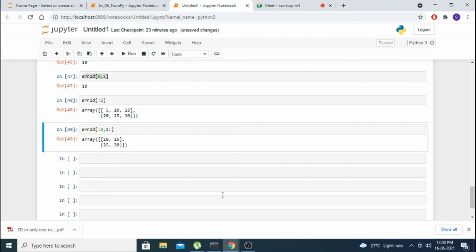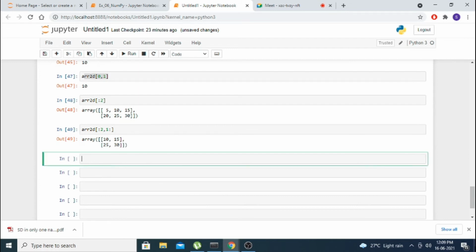Imagine where it will be useful. We are collecting air pollution data about carbon dioxide and carbon monoxide, area wise. Each row is one area: Jayanagar, Banasankari, Vijayanagar, like that I am collecting all this data. I want the last 2 or 3 columns for particular areas only, maybe the first 3 areas only. How to get that? For that we can use this slicing function. Like that, when you go into your project work, you will learn all these things.